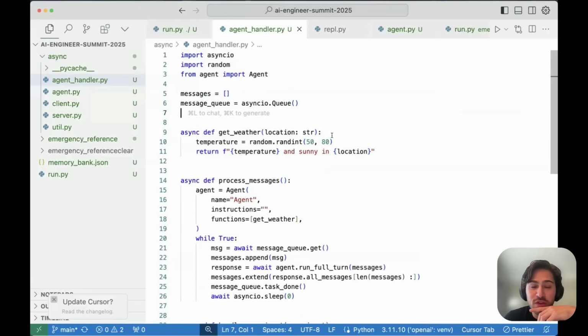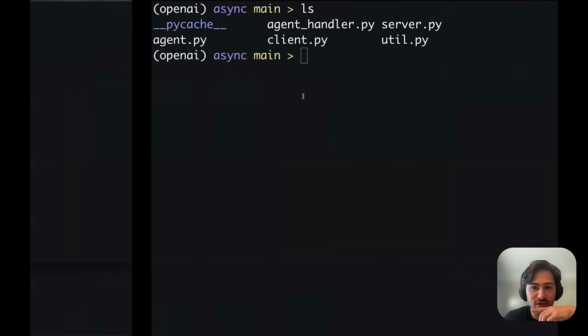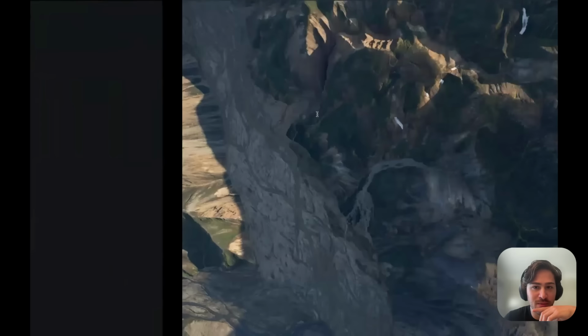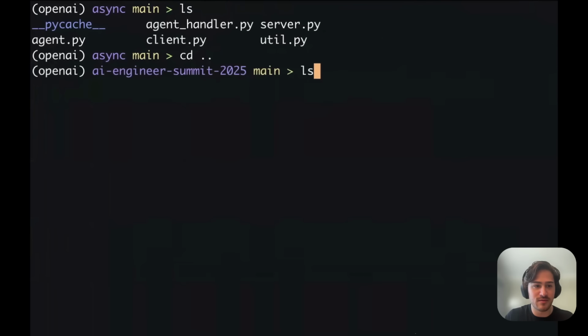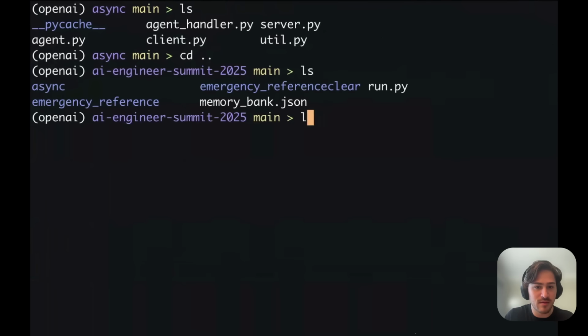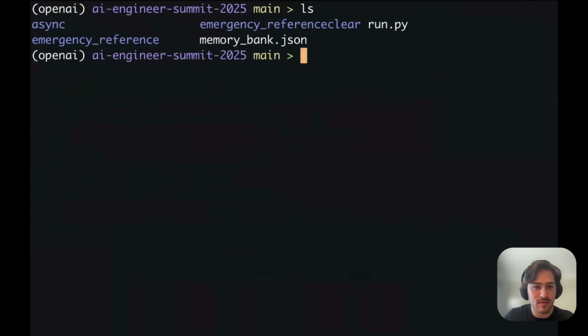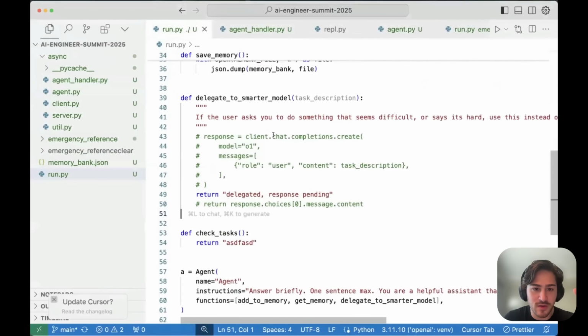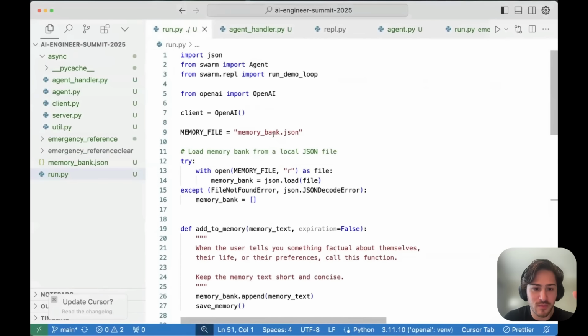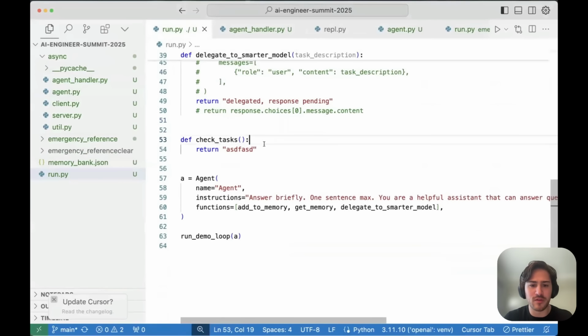So if we do it in the previous case, do I still have the round? Yeah, maybe, maybe not. Okay. So if we look at, okay, this is the non-async one. Do we have weather? We don't have weather. Let's give it the same weather function.